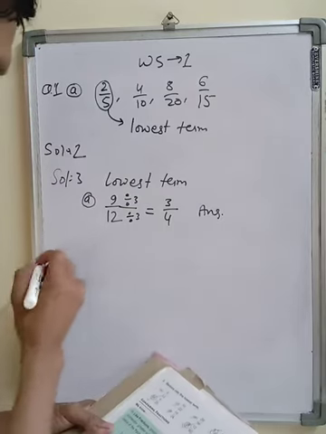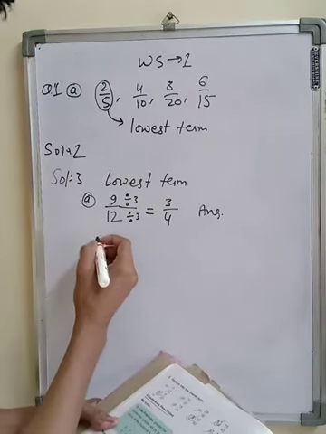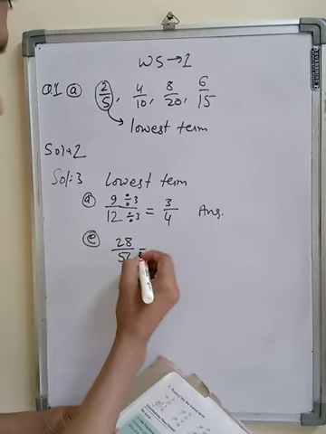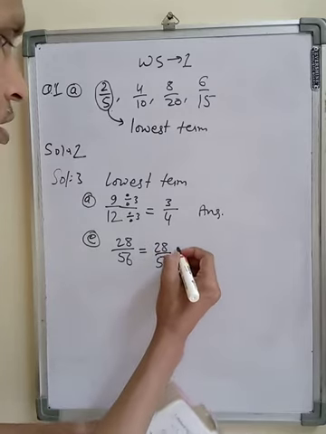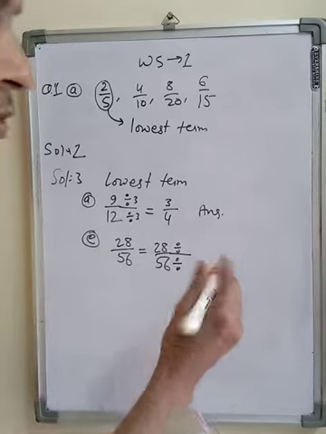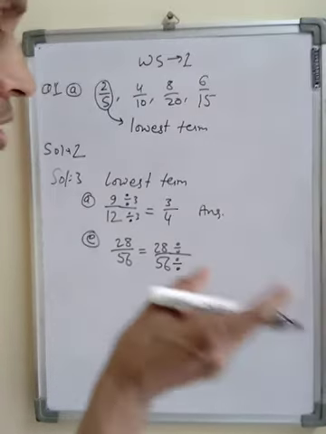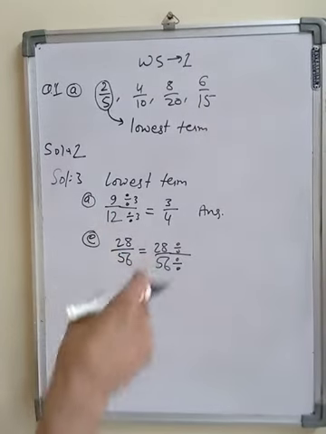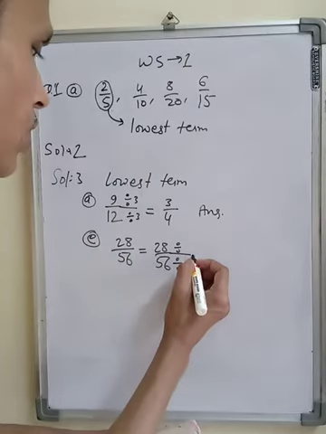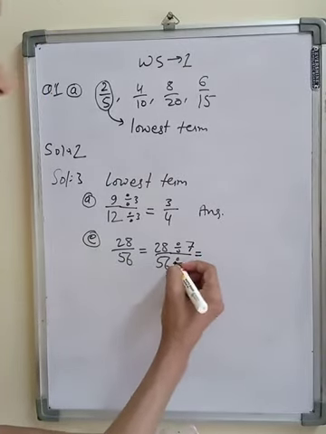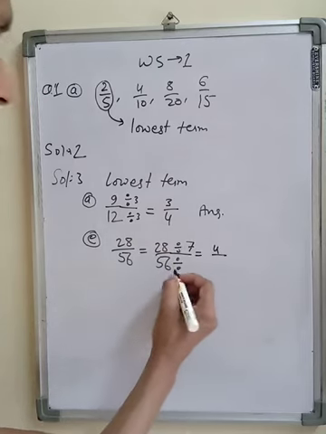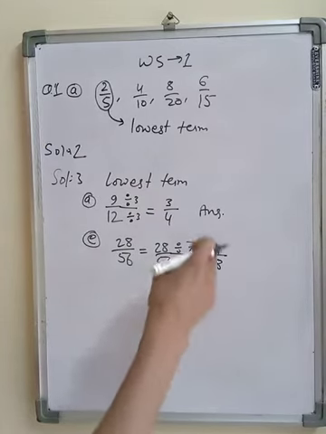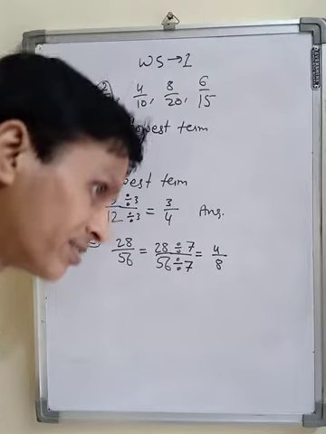You see one more example. For example, we are taking E: 28 upon 56. Both will be divided by a common table if possible. You think this comes under the table of 2 also, 4 also, and 7 also. So you can divide by any common table. Suppose for example I am dividing by 7. So what will come? 4 upon 8. Again think: is 4 upon 8 the lowest term or can we divide it?